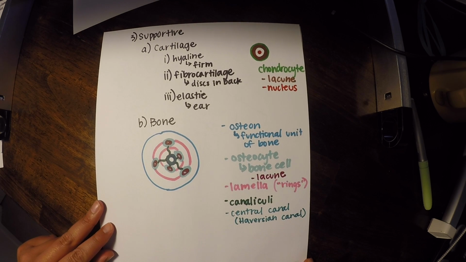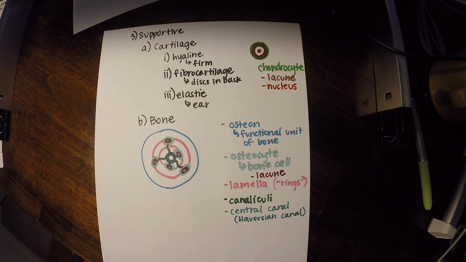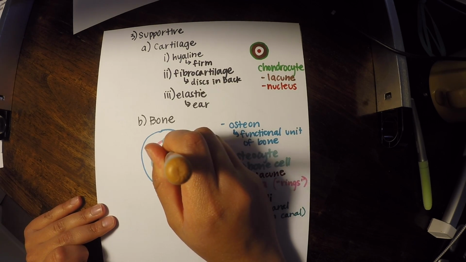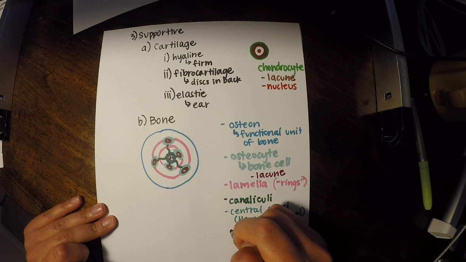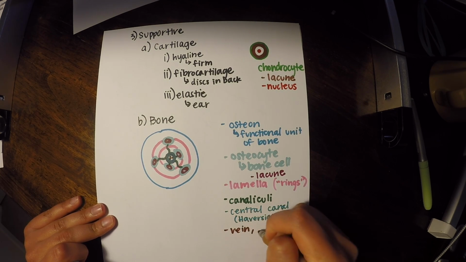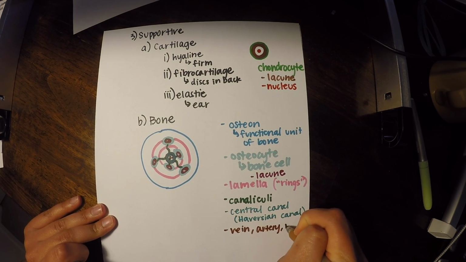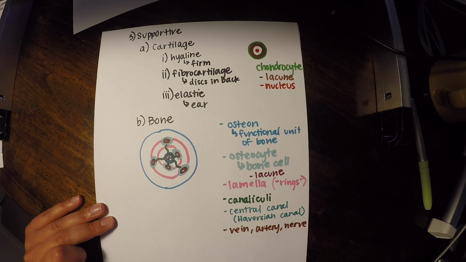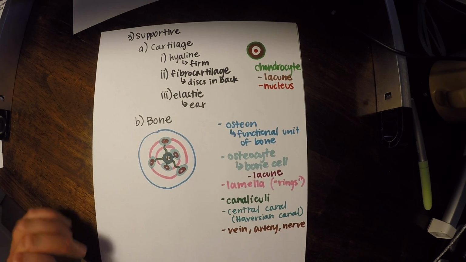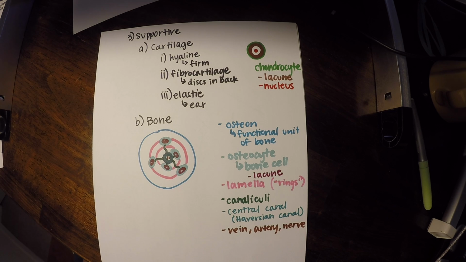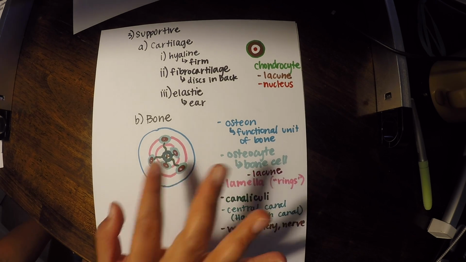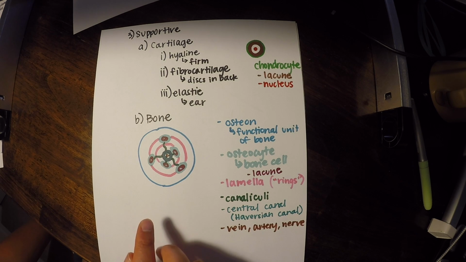And then the last thing to note here is that at the very center, we're actually going to have a vein, artery, and nerve. So I'm just going to draw 3 little dots, and that's going to be our vein, artery, and nerve. And you'll notice throughout anatomy that it's very common for the vein, artery, and nerve to travel together with a bunch of different structures. So just as a review, this is our osteon, our functional unit, and all of the different contents within that.